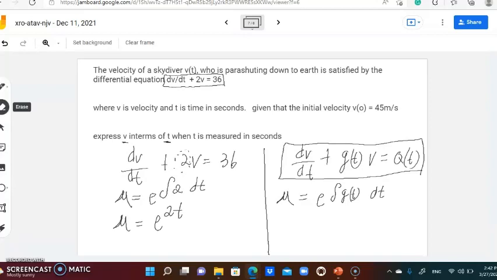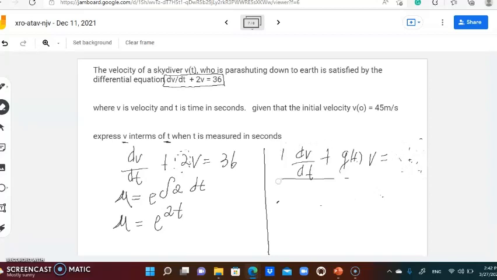Now I am solving for v with respect to t. So let's go back to the differential equation, and we're going to solve for v with respect to t. Now that I have my integrating factor, I know that v times my integrating factor e to the 2t is going to be equal to the integral